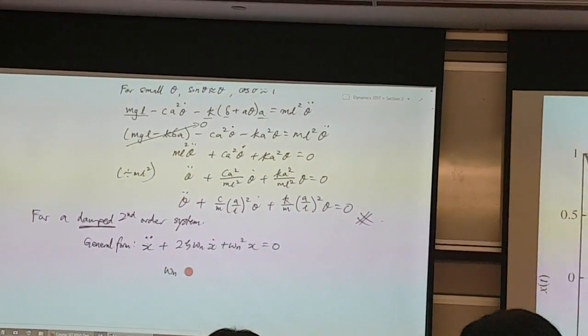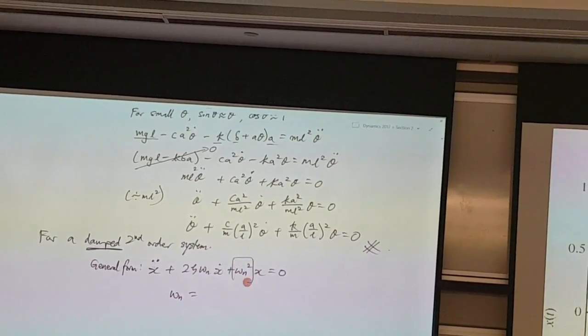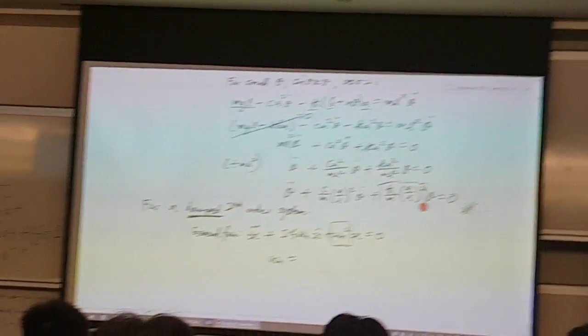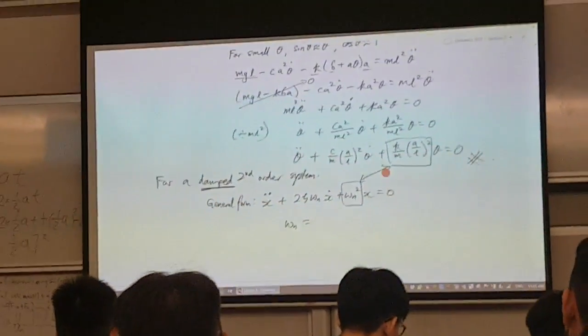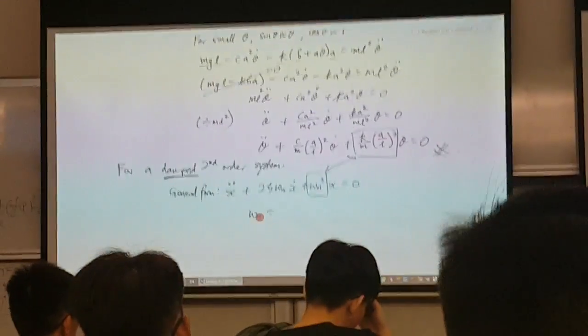So omega n, which we've seen before, is actually this term over here, so they must be equal to each other. What that means is omega n is